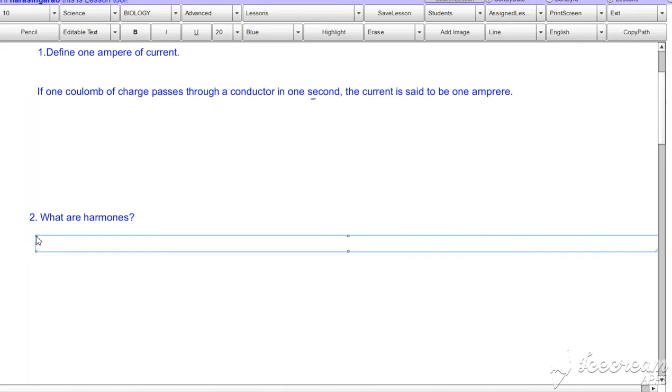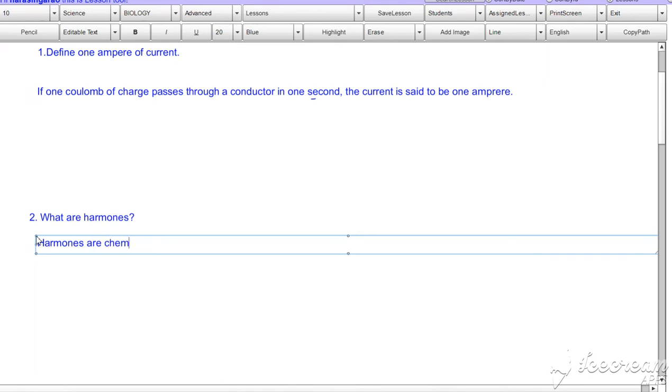What is the definition of hormones? Hormones are chemical messengers that are secreted directly into the blood, which carries them to